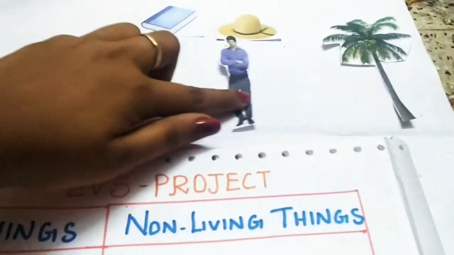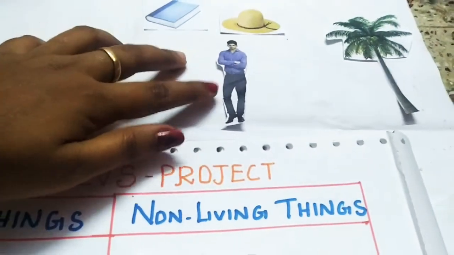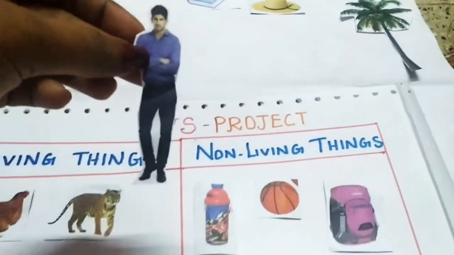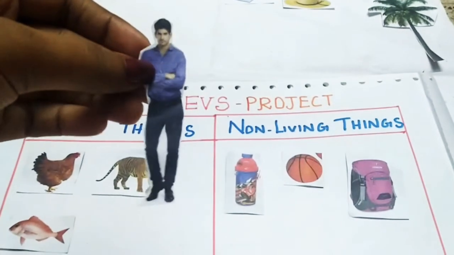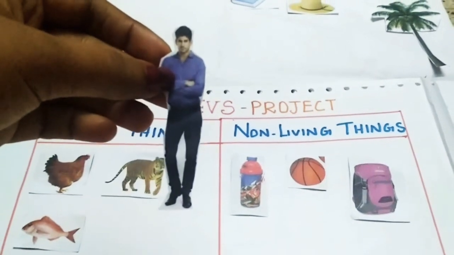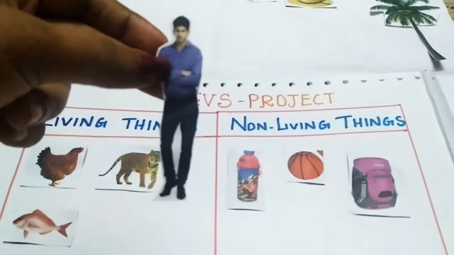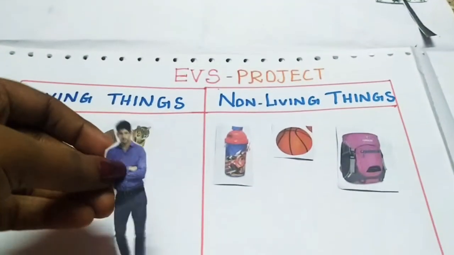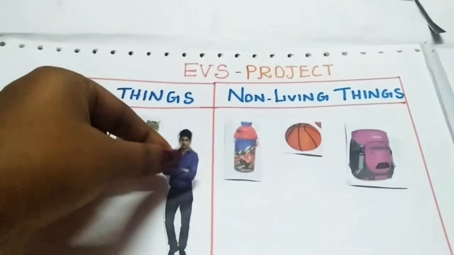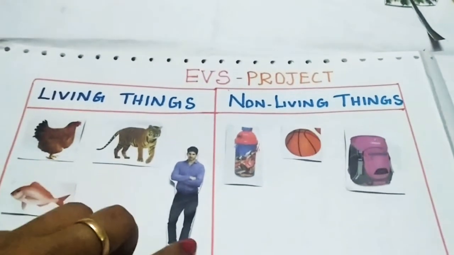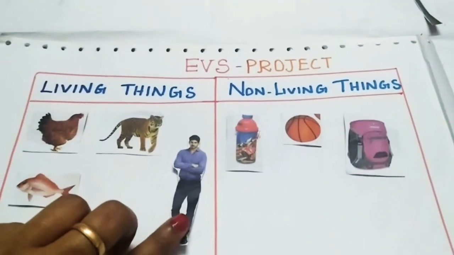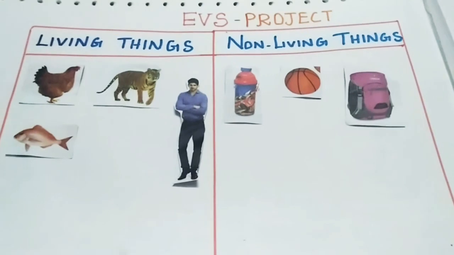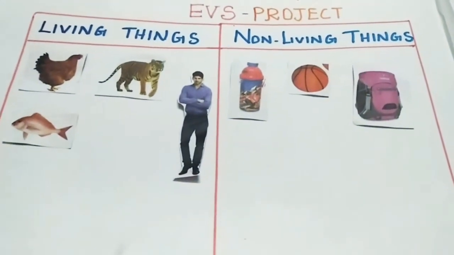So man. A man is standing. No, human being. People. So are people a living thing or a non-living thing? So people. We. Right. So human beings are living things. They can grow. They need food to grow. So they are living things. So paste it in the living things column. People are living things. They need nutrients to grow. They can move from one place to another. So they are living things.